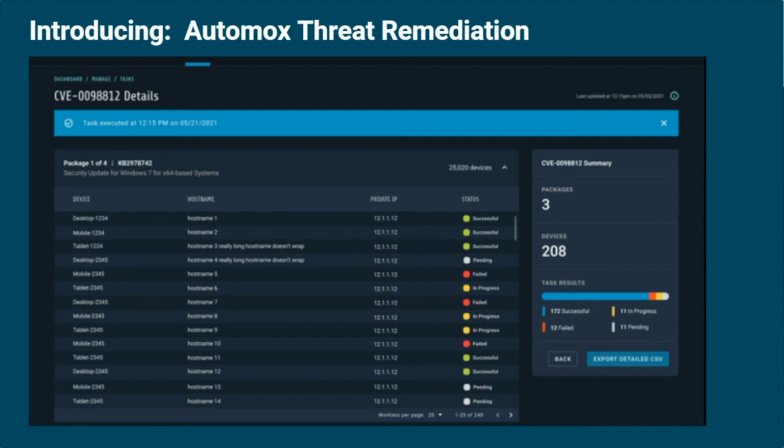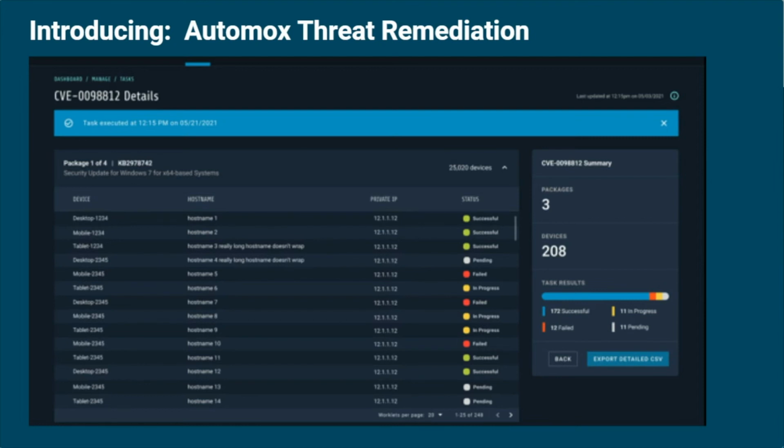Basically, the workflow will be someone queues something up in Spotlight, comes over to Automox and makes sure to review all of the patches that are going to be pushed as a part of that CVE remediation